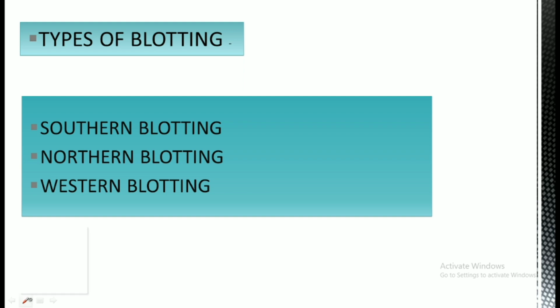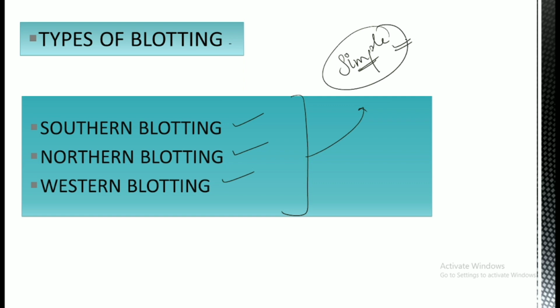Talking about the types of blotting, the very first one is southern blotting, then we have northern, and the third one is western blotting. All of these follow a simple procedure of transferring the complete DNA, RNA or proteins respectively. Southern would be used for a different perspective, northern will be used for different types of molecules, and the same goes for the western as well, but all of them follow a simple and general process.